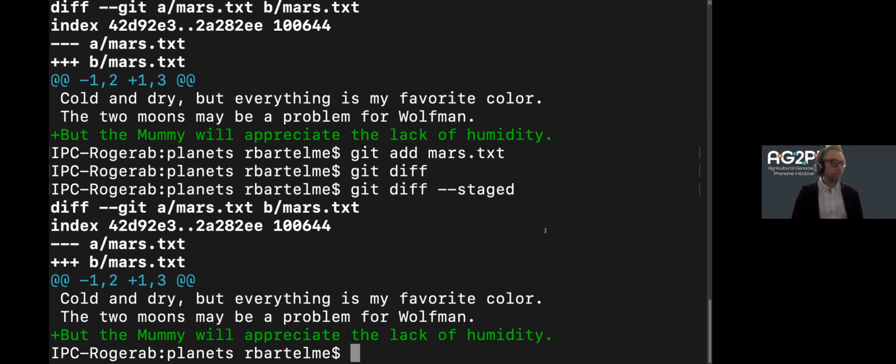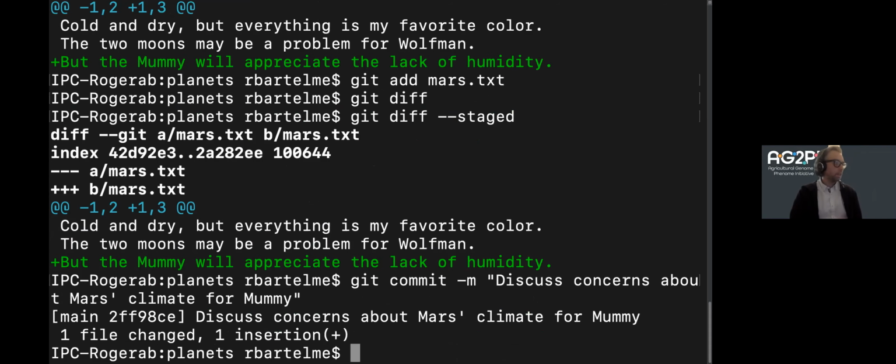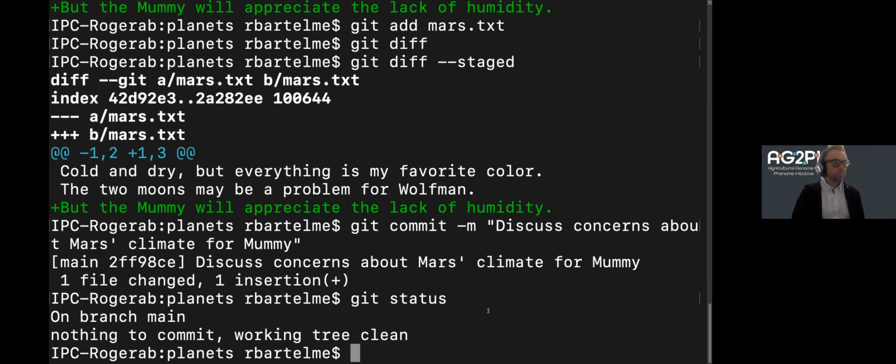And so now we can make another commit message, and we're going to say git commit -m. I'm going to say discuss concerns about Mars's climate for mummy. Okay. And so again, it's going to give us that hash of the next version of our repository in the history. And it's going to tell us that one file was changed. And again, we've only inserted into the file. So we added another line. There's one insertion. And if we run git status again, it's going to say on branch main, nothing to commit,